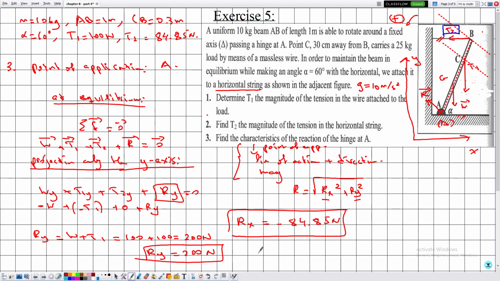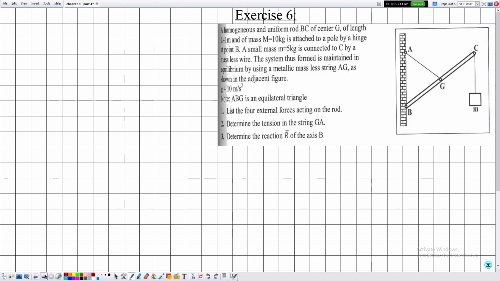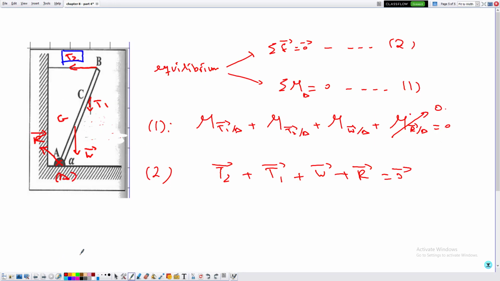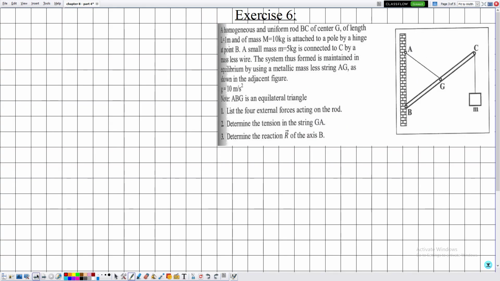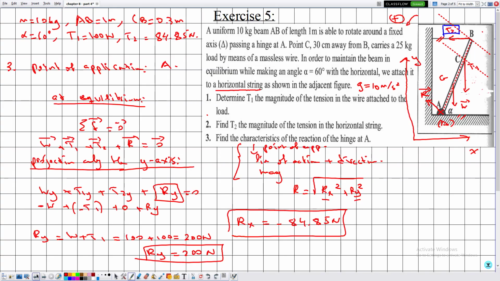So now we didn't yet answer the question. Let me refer to this figure to complete the characteristics and to explain what is meant by Rx and Ry. So here let me write Rx is equal to minus 84.85 newtons and Ry is equal to 200 newtons, and